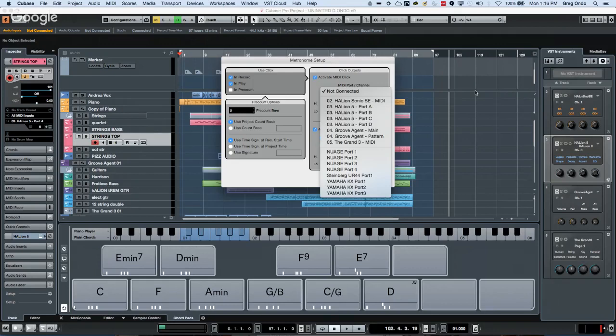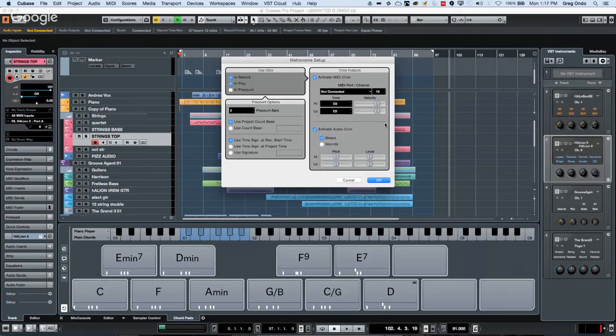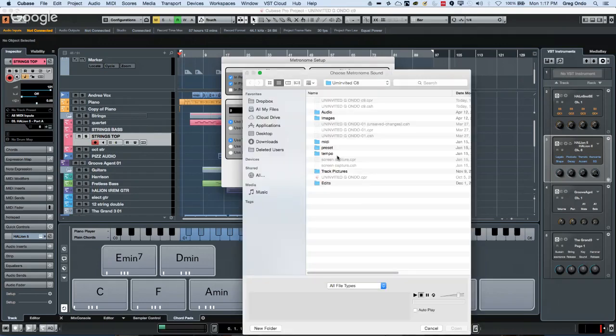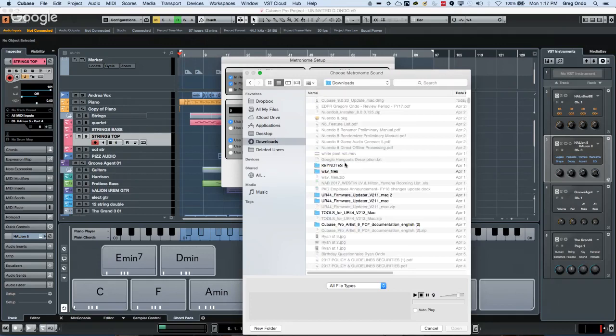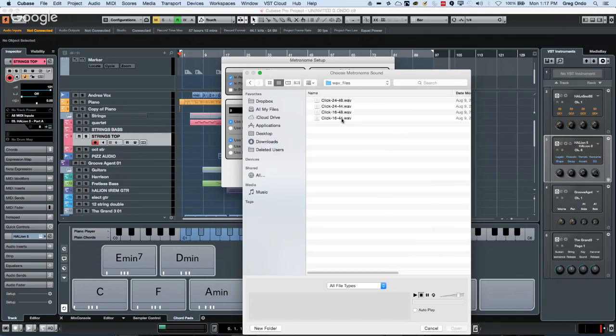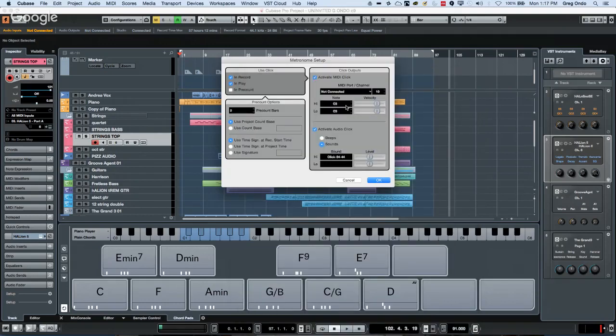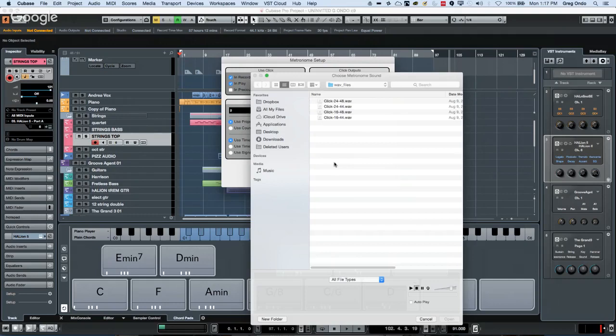You could have that. A lot of people may be used to using rim shots for different MIDI sounds. But one of the things we could also do is click on sounds here, and you could load up your own samples. I think I downloaded some samples of a Yuri click. So if I come here, go to wave files, and choose a quick click sample, I could use that for,